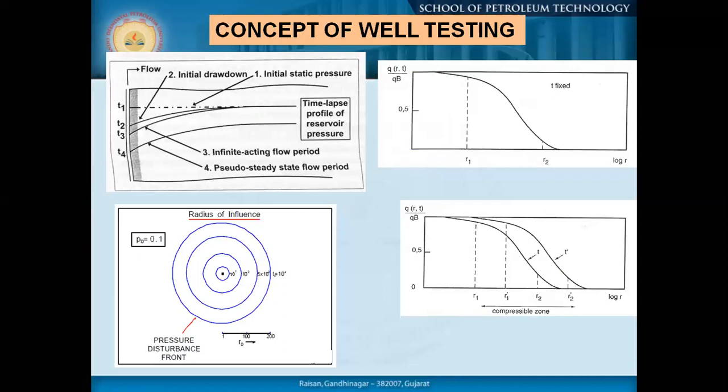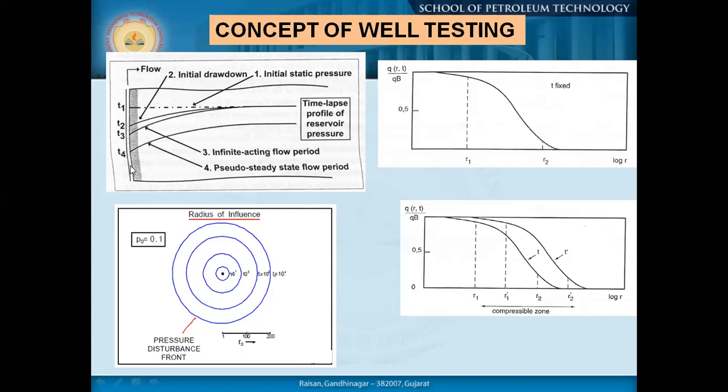So what you see, this is a well. The first diagram is a well. Okay, we are allowing it to flow. Now what is happening once we start taking the production? I am trying to explain the compressible zone, which is very important to understand the physical nature around the wellbore at different times as well as for different properties. So when we start taking the production in the very early time, you see the T1. T1 means we have just started taking the production. Okay, so what you immediately see is that your wellbore will not be responding to your sand face here, which is a perforation. So it will clear the wellbore fluid initially. Okay, so T1, T2, T3, T4 time.